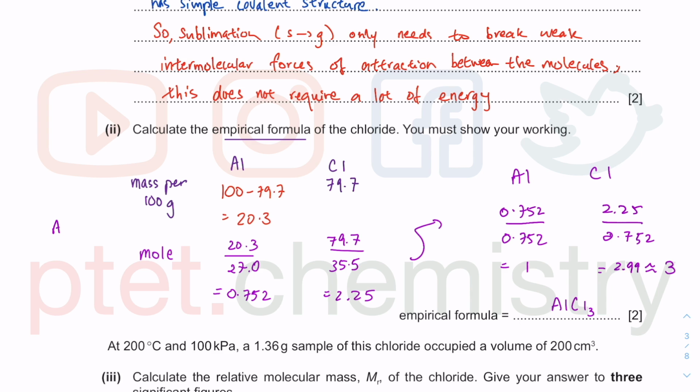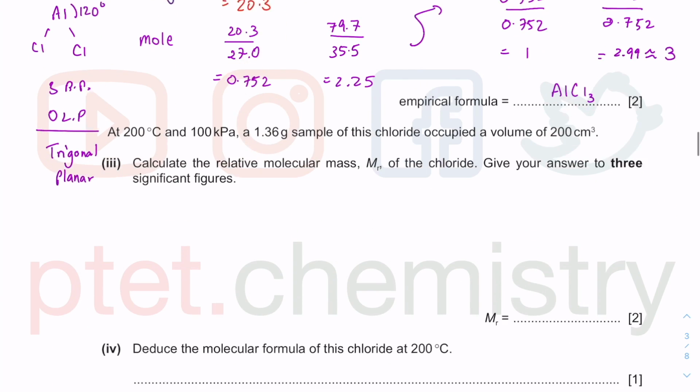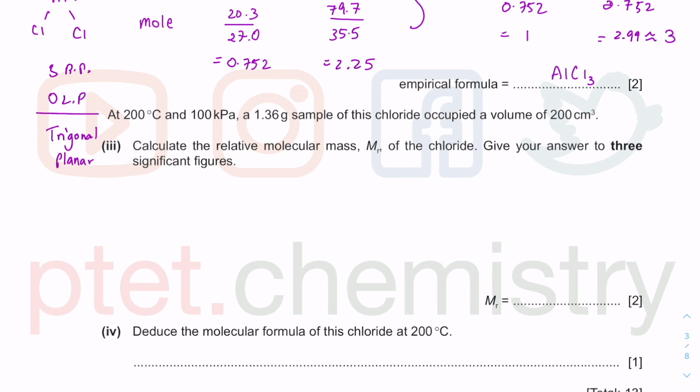Of course, as you know it, trigonal planar geometry, 3 bond pair, 0 lone pair, they repel equally. The 3 bond pairs repel equally, what you get is trigonal planar. This is as stated in the VSEPR, valence shell electron pair repulsion theory from AS chemistry, structure and bonding, shape of molecule there. And the next bit is this sample of this chloride, meaning to say in the vapor phase,